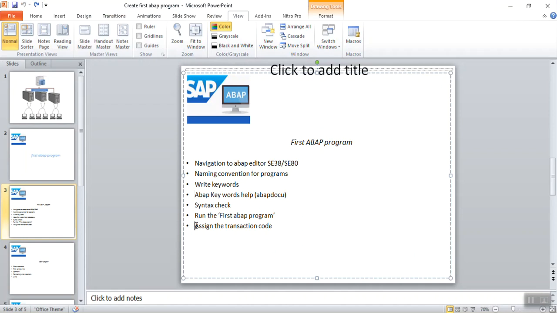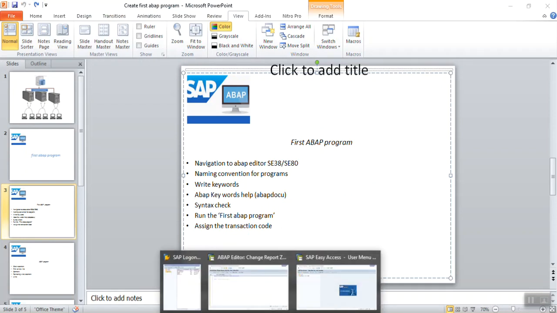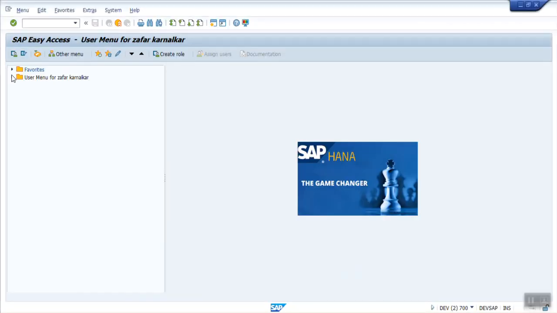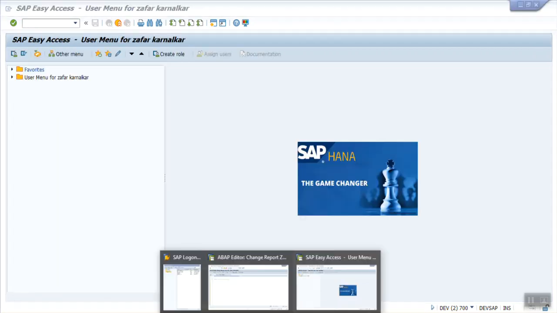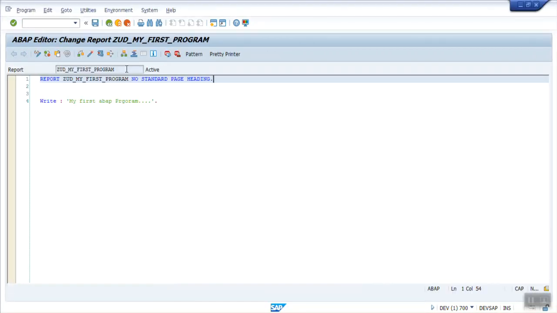Now let's see how to assign a transaction code. What is a transaction code? It is a shortcut to access the application. Just like for going into the editor we have entered the code SE38. Similarly, to execute our first program, we will assign one T code to it.